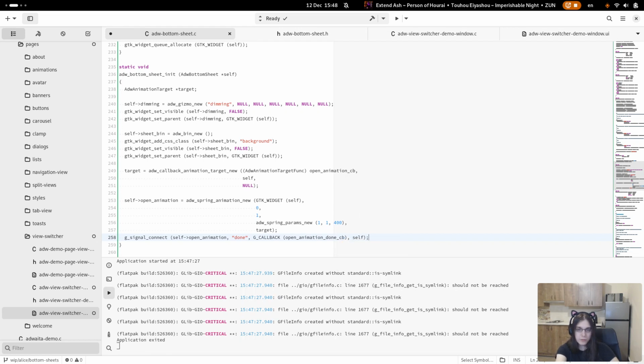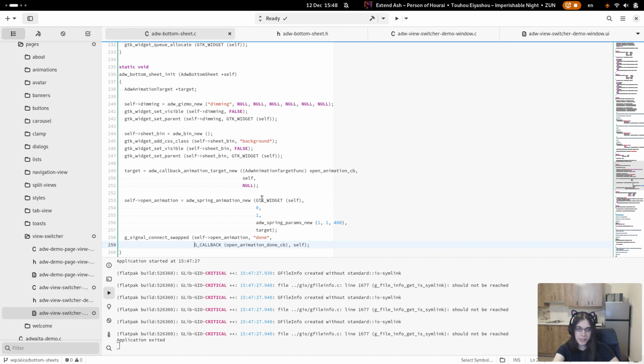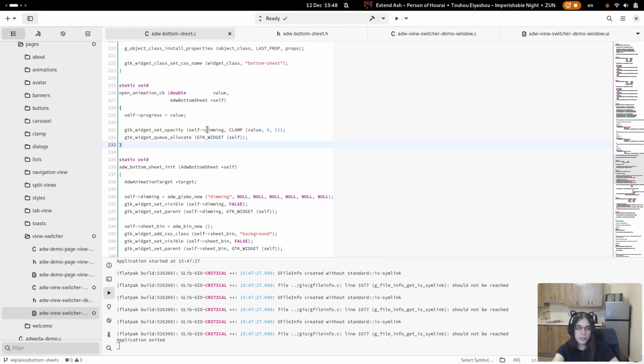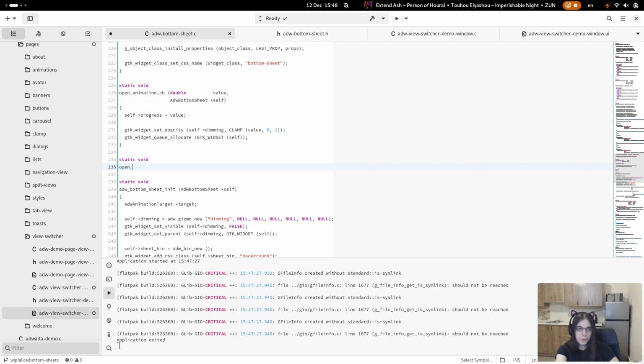CB itself, and not connect, but connect swapped. Normally, the first parameter is the animation, then any optional parameters in the signal, this one has none, and then the user data I passed. Here I only need user data, and swapped swaps the first and last parameter, so I can just write add bottom sheet immediately and ignore the rest of the parameters.